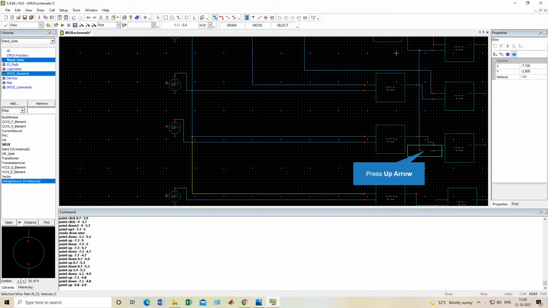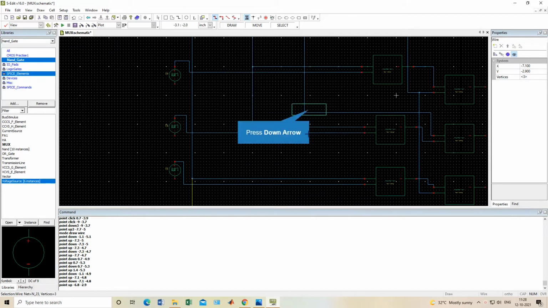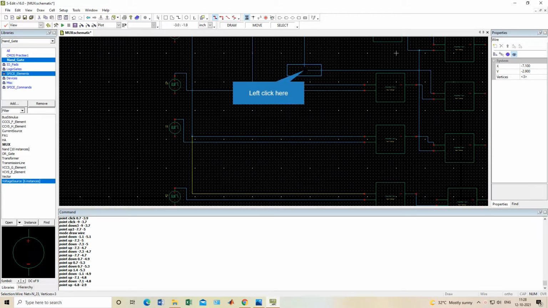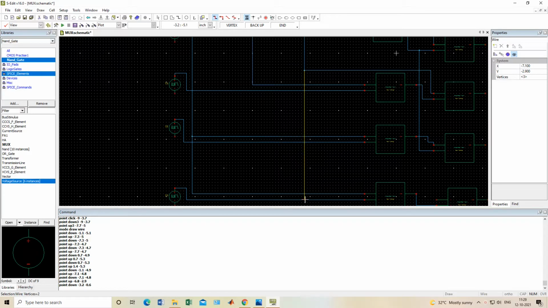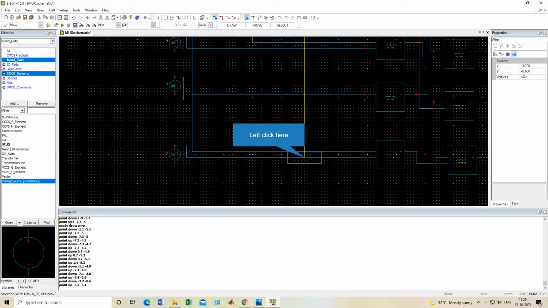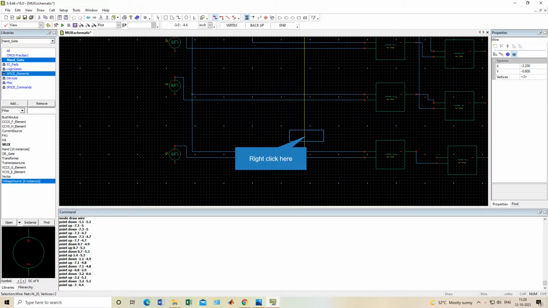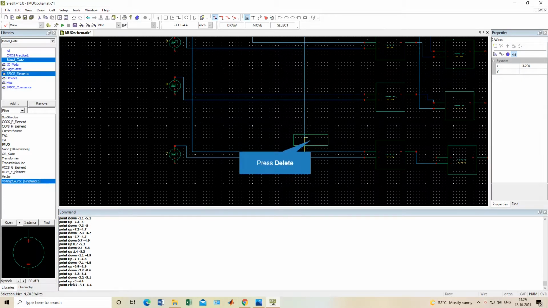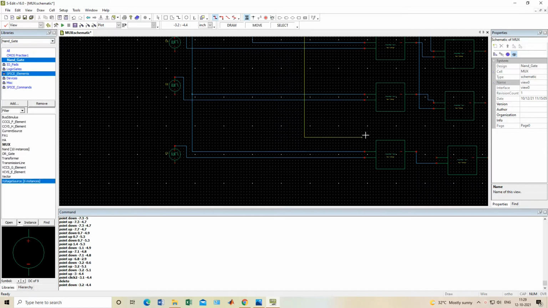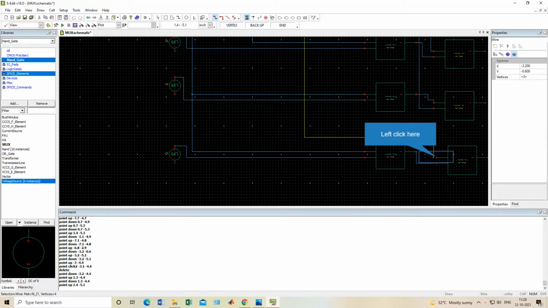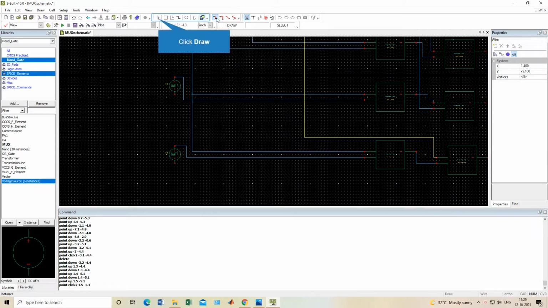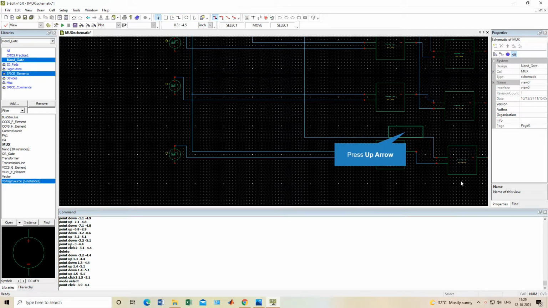And S0 is also directly coming till here, so I will take S0 from here. Wait, I think this is a problem. Yeah, now it's okay. I will connect it to this NAND gate. Okay, so this is done.